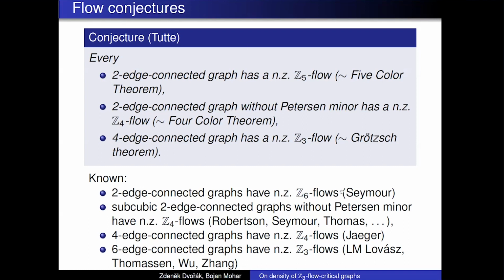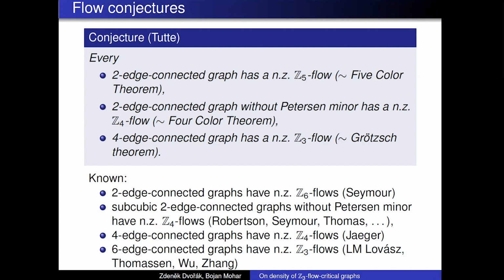So, for example, Seymour proved that 2-edge connected graphs have nowhere zero Z6 flows, so just one above the bound that we would like to do. The 4-flow conjecture was proved for subcubic graphs. It is known that 4-edge connectivity is enough to imply existence of a Z4 flow, and actually quite recently it was proved that 6-edge connectivity is enough to imply the existence of a Z3 flow,